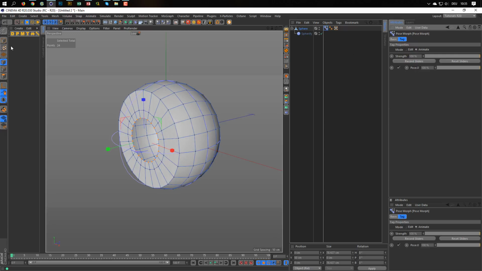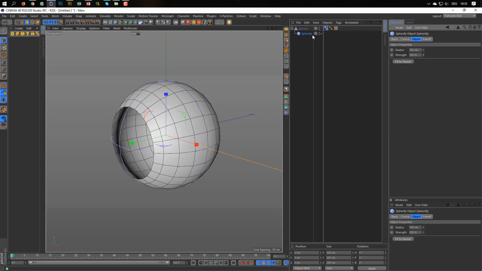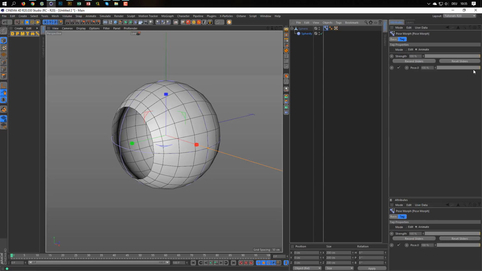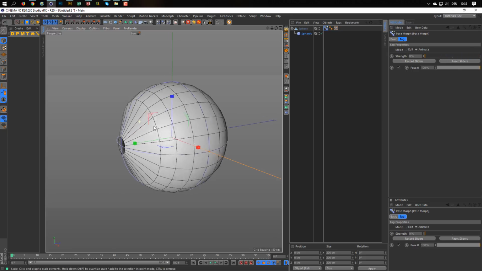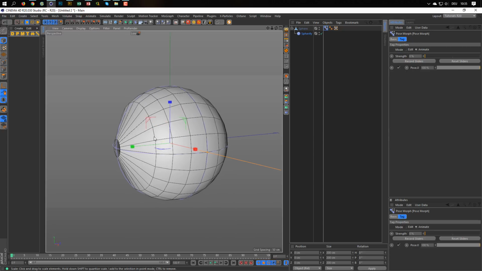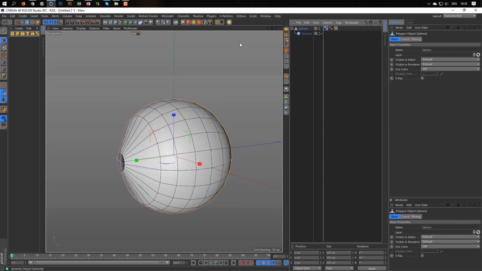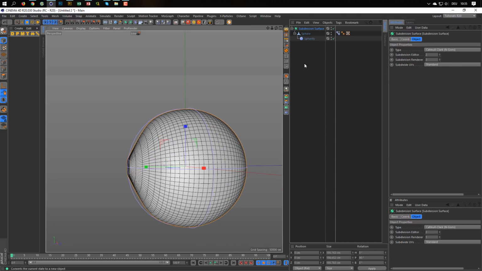This works of course when I go with the spherifier up like this, and now I go to the pose morph and go with the strength down. But that does not look nice, so we can make another cut. Or let's bring it in a subdivision surface, but it still does not look really nice.